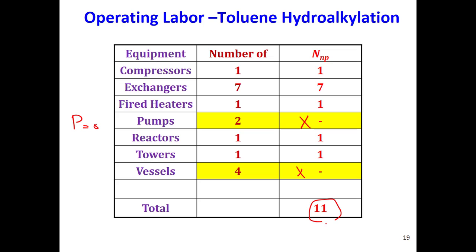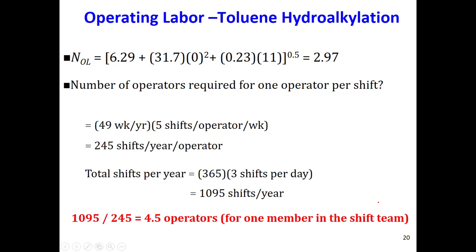Totally, how many non-particulate do I have? 11 non-particulate processing steps. This is the number of non-particulate. Then I have my equation. Particulate step is 0. Non-particulate step is 11. If you put this into the equation, you will find the number of